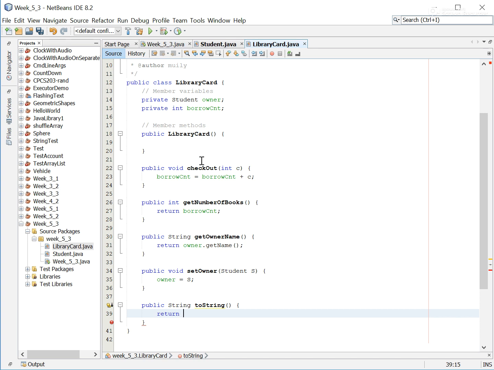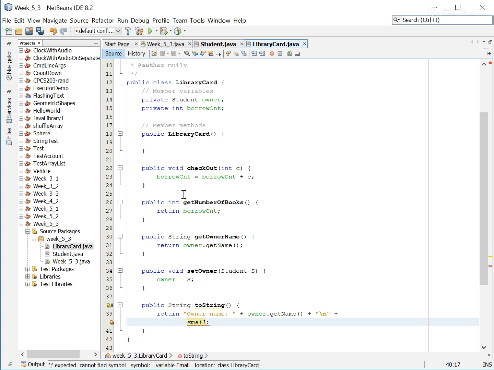So we're going to return a fairly long string actually, and it's going to show the owner name, owner dot, there you go, get name, returns the name, and like I said, we're going to format this nicely, and on the next line it's also going to print out